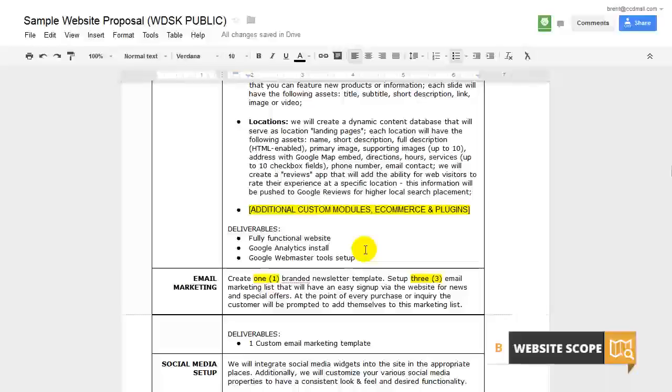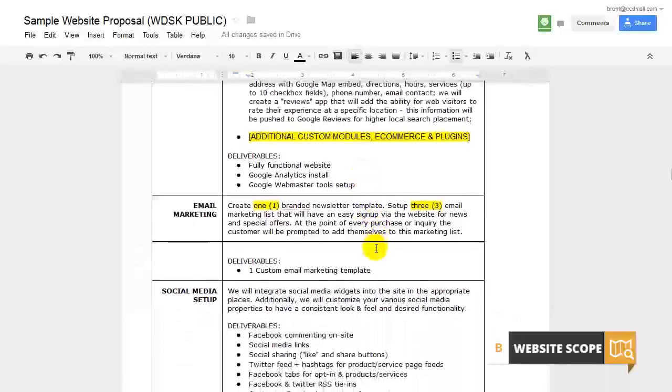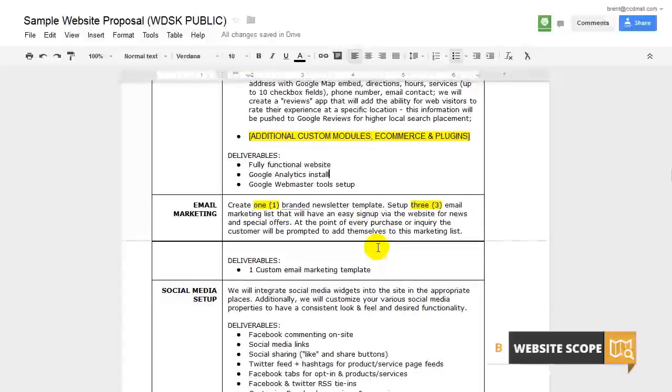Give them the education they need. The next piece is email marketing. If there's any business out there that's not currently using email marketing, they need to use email marketing, and their email template should match their website template, and you should make sure that they basically have some basic lists set up. So we include email marketing in all of our projects because we want to make sure that their new